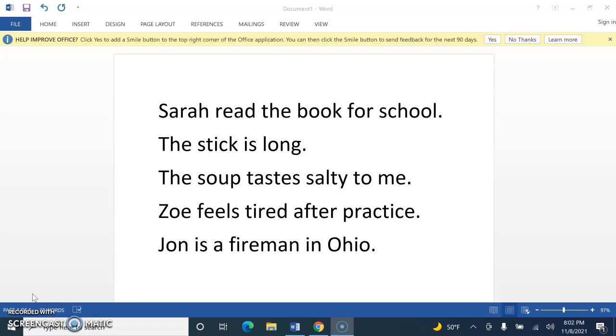Number 13, the frosty malts were refreshing after the dust of the canyon. Okay, so we know that were is a linking verb. So we're going to be looking for a word that describes or renames malts, and that word is refreshing. So malts should go in your subject spot. Were should go in the verb. You should have a diagonal line, and then refreshing should be the predicate adjective that you have in your diagram.